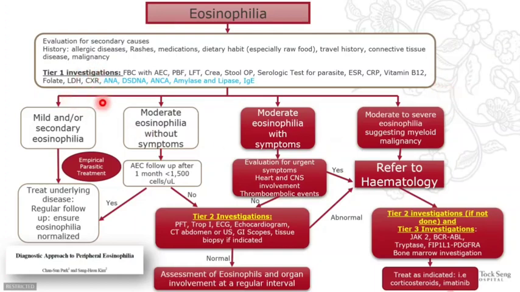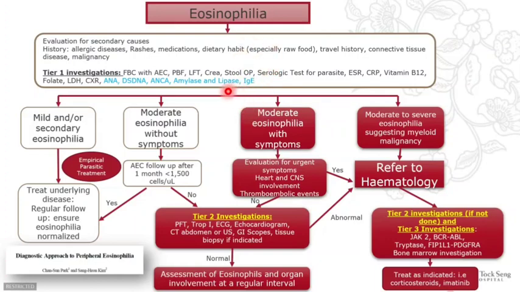But if you are suspecting that the patient has autoimmune causes or a rheumatological disorder, then I would send an ANA, dsDNA, or ENA. If I'm suspecting that this patient has a GI cause, then perhaps I would send an amylase and lipase. And if this patient also has suspected allergic causes, then I would send an